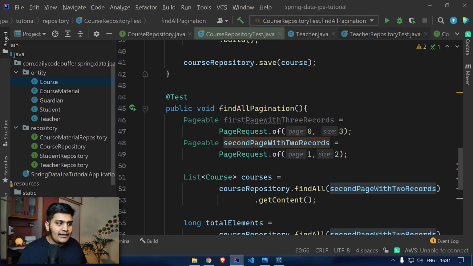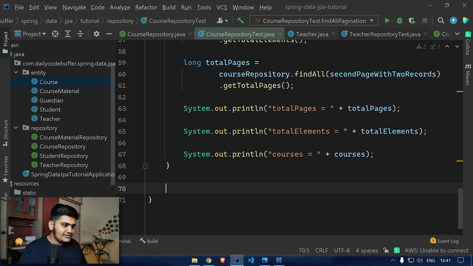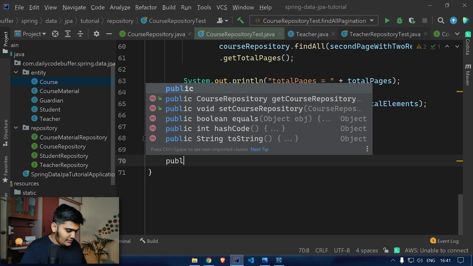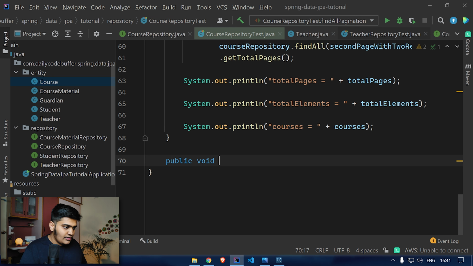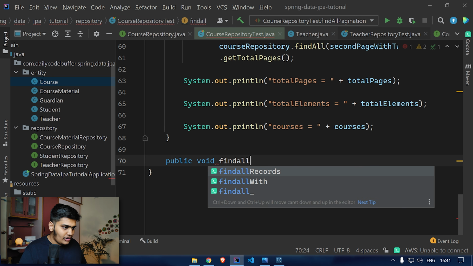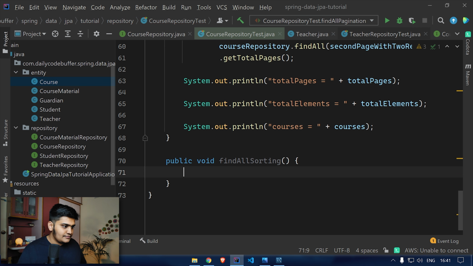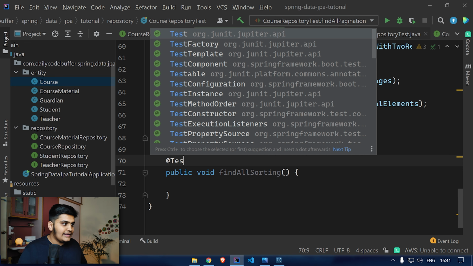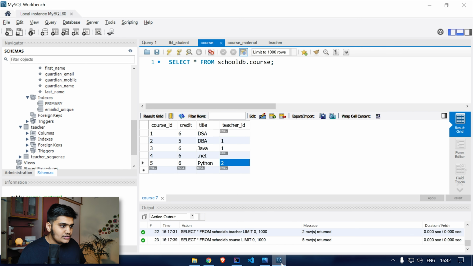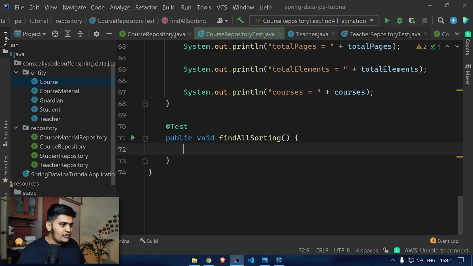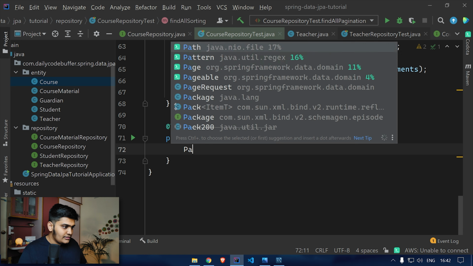Now let's implement pagination with sorting. I'll just create one more method, public void find all with sorting. Also, this is a test over here. Suppose I want to sort the data based on the title. So what I can do is I can use